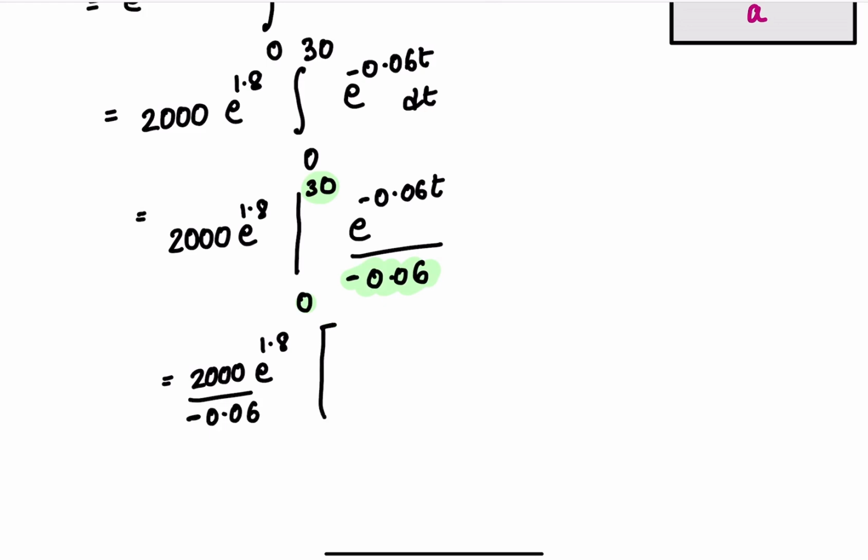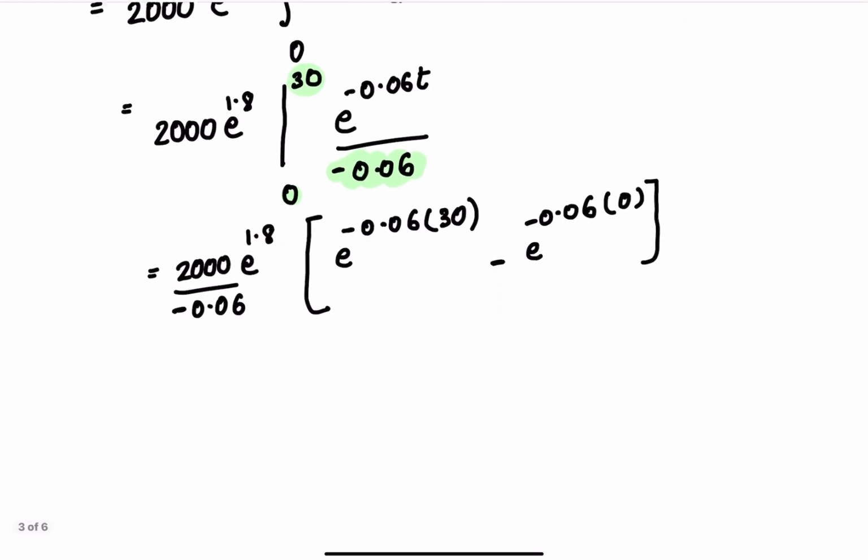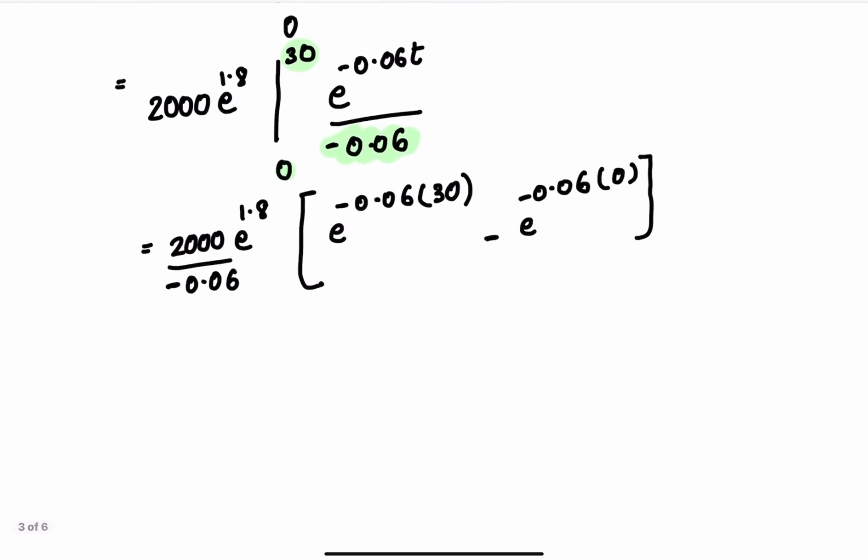In here, I'm going to plug in e to the power negative 0.06 times 30, minus e to the power negative 0.06 times 0. Now go ahead, put this whole thing in the calculator. Make sure you have parentheses for this one and this one and this one as well. And once you do all of that, let me plug this in. I end up with